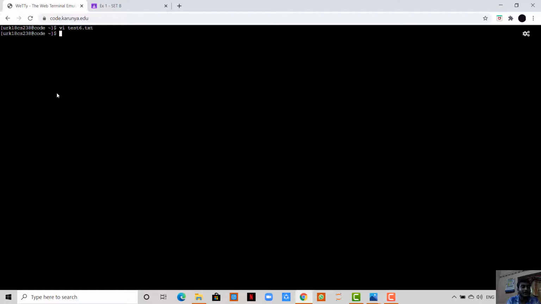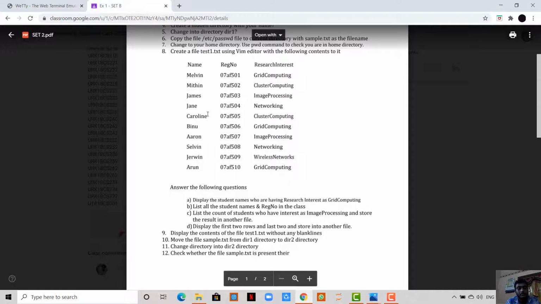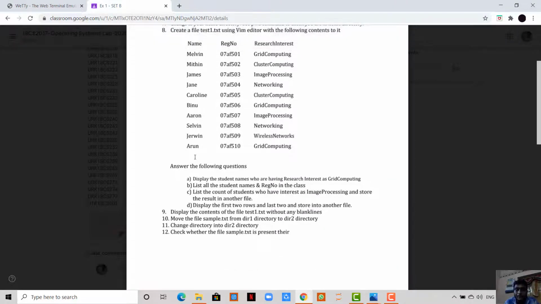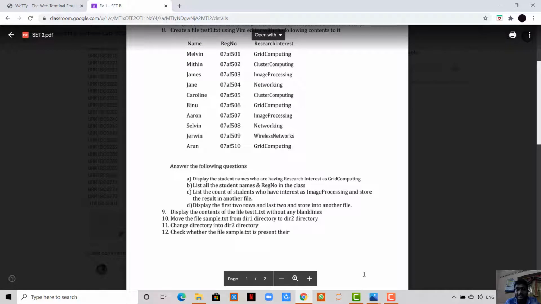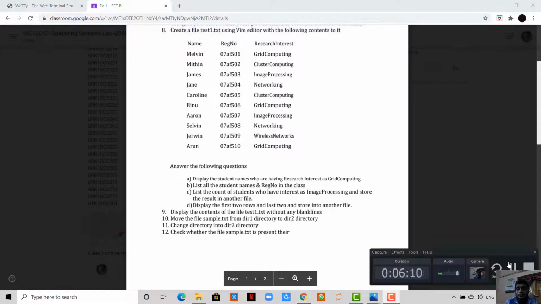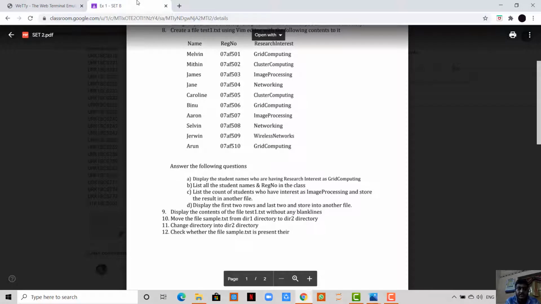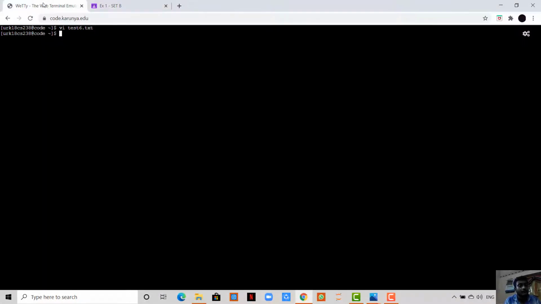We are going to discuss the eighth question. Display the student names who have the research interest as grid computing. We have to list all the names with grid computing as their research interest. For that, I am using the command